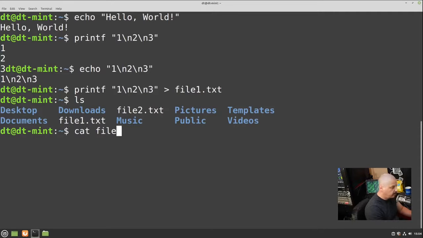If I wanted to see what was in it, let's just run the cat command on file 1. And you see 1, 2, 3 is catted out. So the greater than sign, that is for redirecting output into a file. By the way, that cat command, it's really interesting, but sometimes you cat out a file and it's a gigantic